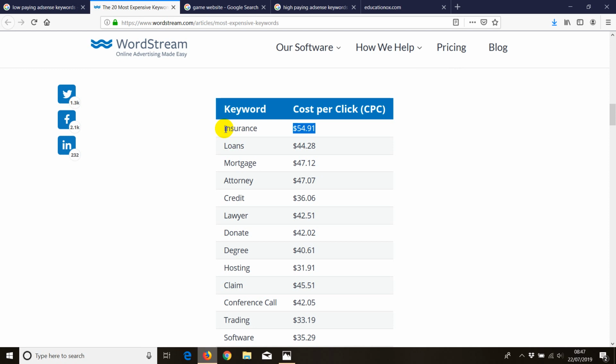And it's not up to Google really, it's up to the advertiser. So if they think basically they can get enough traffic using only a couple of cents, then what's the point of paying maybe, as they put it here, 54.91 for one click to get traffic? They put it so high just because, for example, insurances are big companies, and they don't get enough traffic to reach the maximum traffic for themselves, rather than it going maybe to a second company or third company. They bid high so they can get the maximum